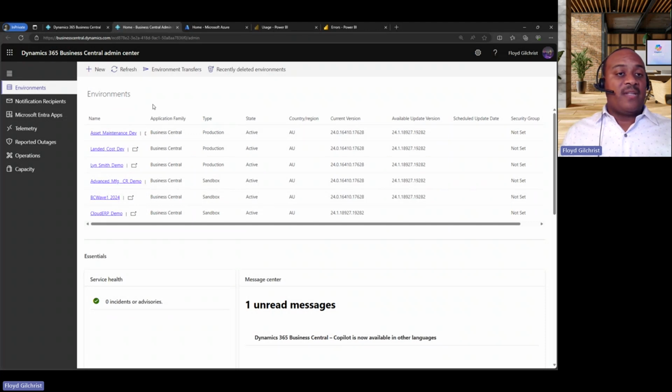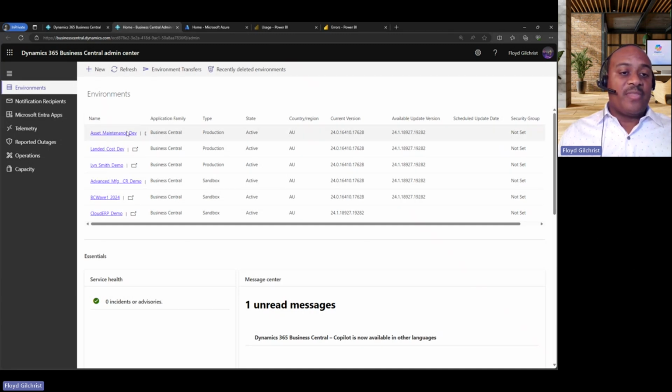As you can see, when I log in here, you see all the environments that are available. In my case, I've got a few production environments that I'm maintaining, and a few sandbox environments for testing and training and various purposes, and ultimately I'm able to see all the things within one simple view.